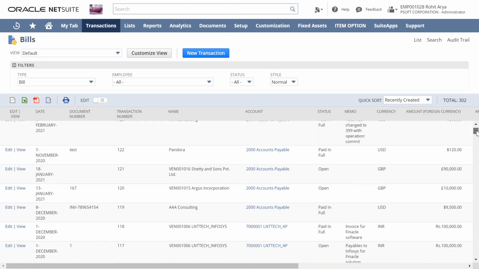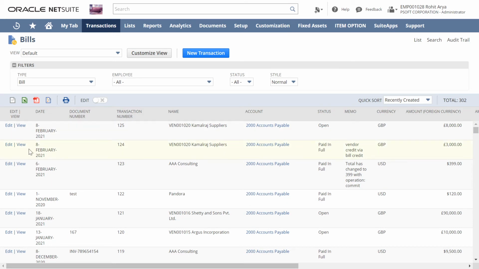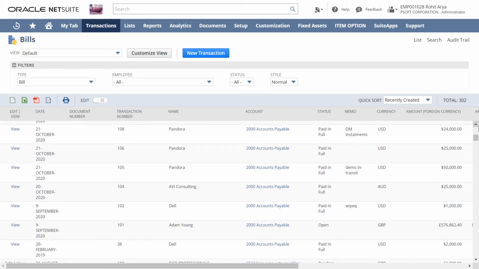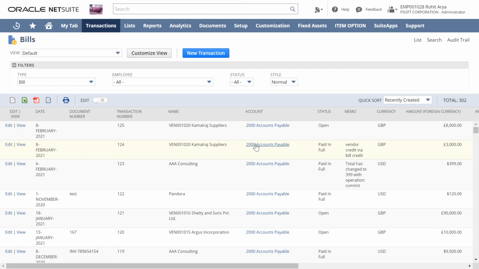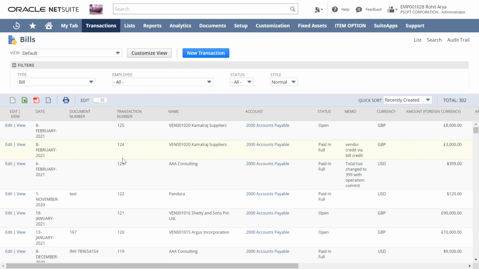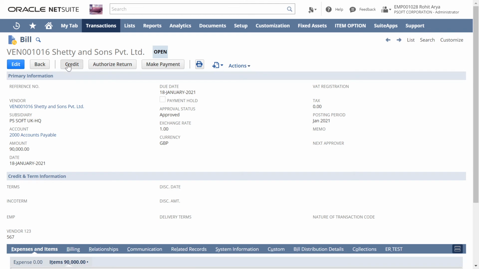Now we will select an invoice among them, and click on the Credit button.